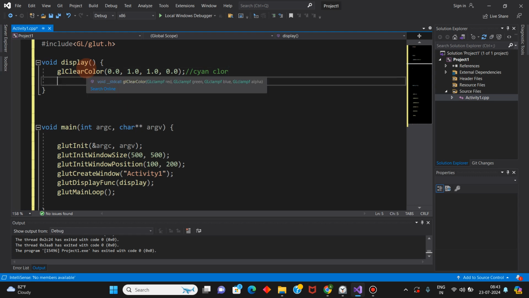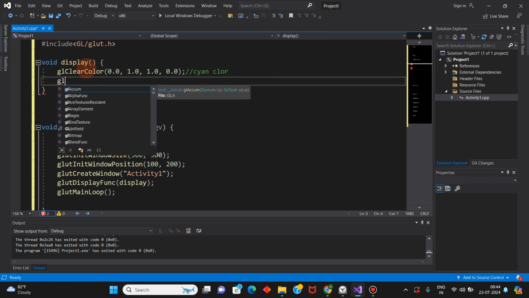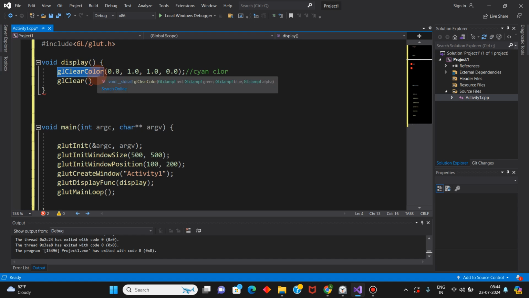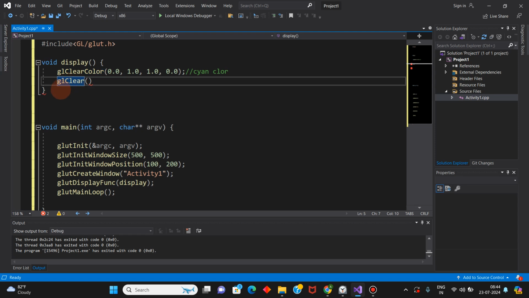Okay. Next is glClear. This glClearColor sets the buffers or memory locations with the color which will be used for clearing the OpenGL graphics window, and this glClear will actually make your display window background the color specified in glClearColor.